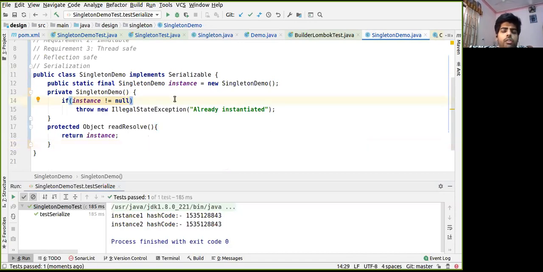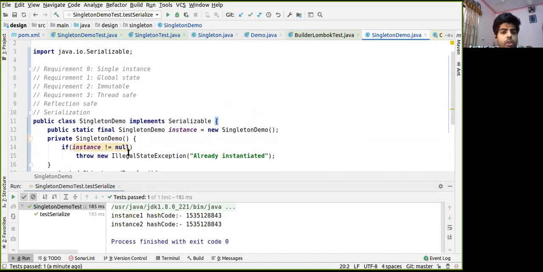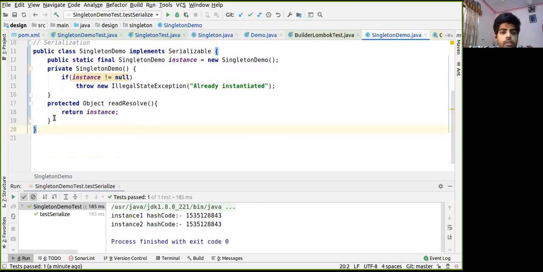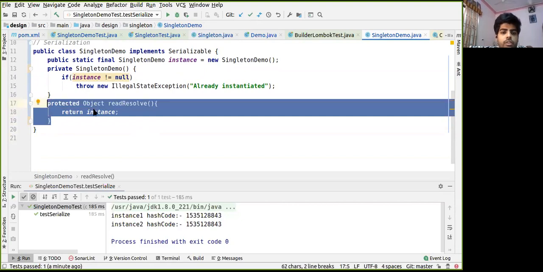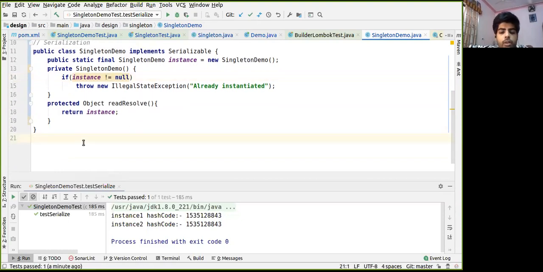One other non-functional requirement that would be asked in some interviews is how do we make it cloneable safe? In an ideal scenario, we never implement Cloneable within a singleton, so it does not make sense to make it cloneable safe, and we will not discuss it. All right, so this is the way we made this class implement these functional and non-functional requirements. There are other ways too. This whole mechanism to make it serialization safe and reflection safe can be done using simple three lines.